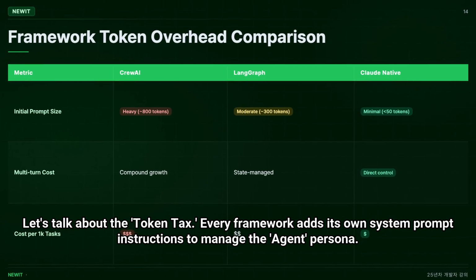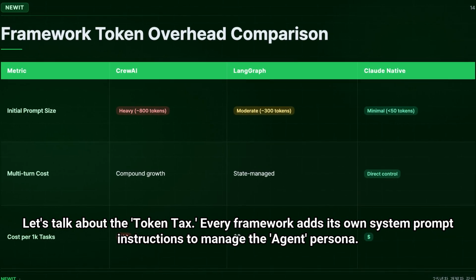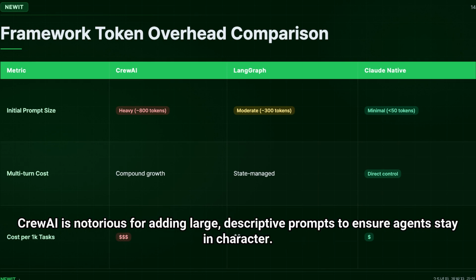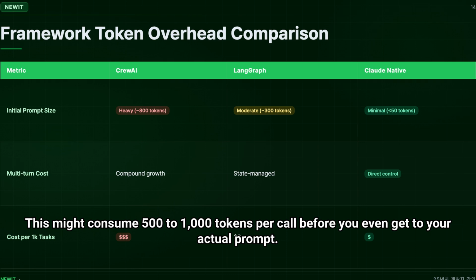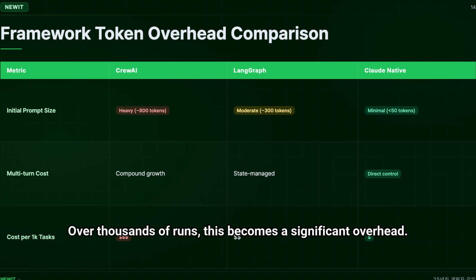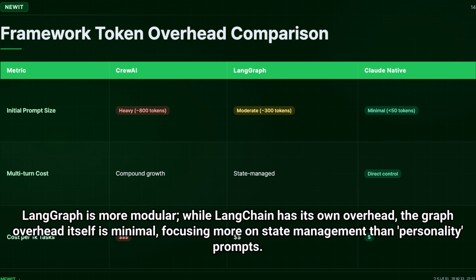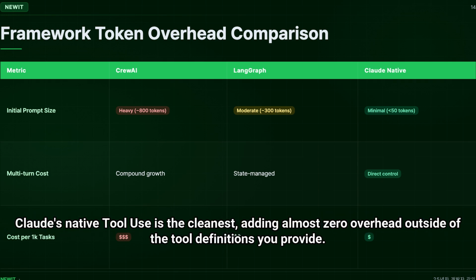Every framework adds its own system prompt instructions to manage the agent persona. Crew AI is notorious for adding large, descriptive prompts to ensure agents stay in character. This might consume 500 to 1,000 tokens per call before you even get to your actual prompt. Over thousands of runs, this becomes a significant overhead. LangGraph is more modular. While LangChain has its own overhead, the graph overhead itself is minimal, focusing more on state management than personality prompts. Claude's native tool use is the cleanest, adding almost zero overhead outside of the tool definitions